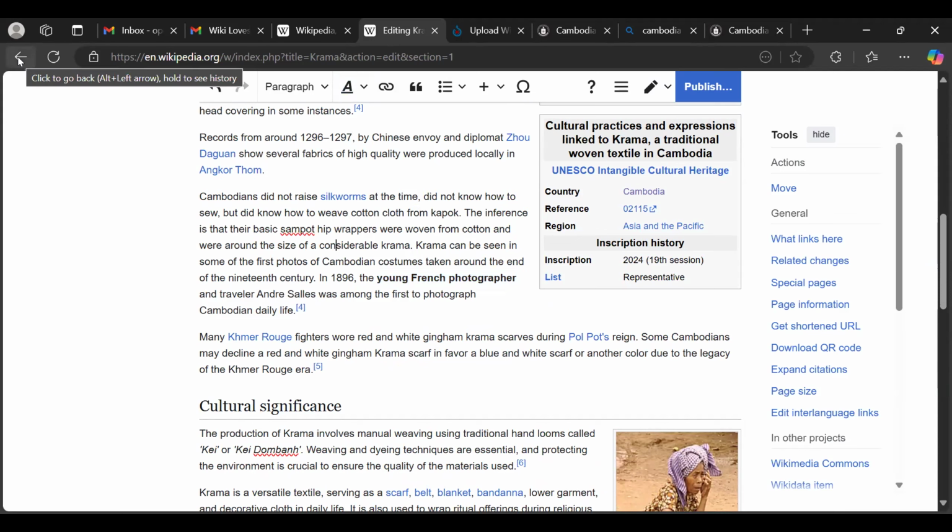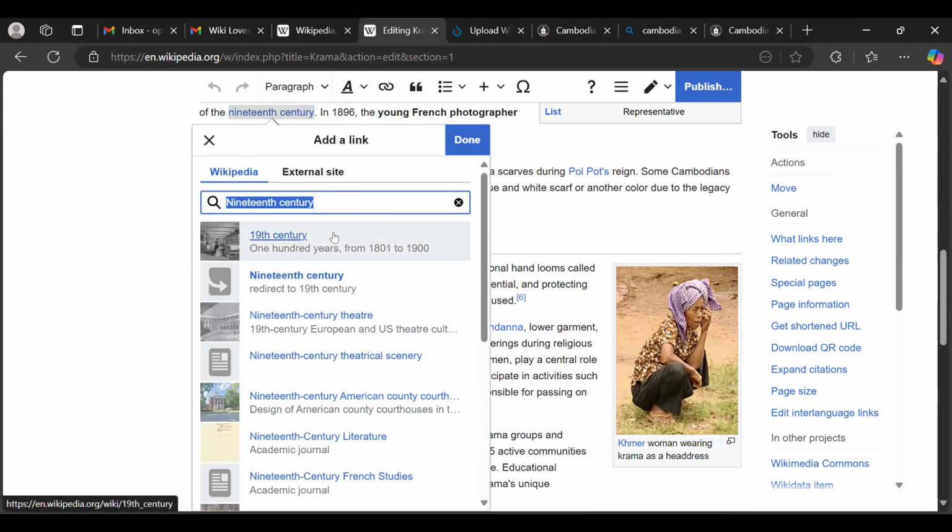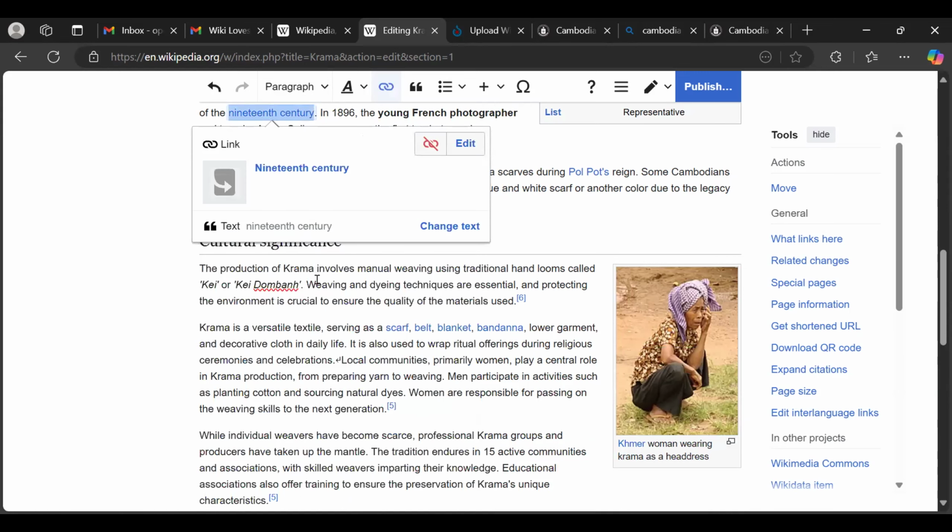So identify things that, or they are even, so also here, 19th century, it could be an existing article on English Wikipedia. Let's see, 19th century. Yes, this is it. So I can simply link it. So there are so many things to do. That's why I say Wikipedia is a work in progress. Even though this article is written and is standard, we still want to add more things, like interlinks inside the article, bolding, italicizing, adding more references, even images. If you took an image that is related to this topic, you can also add it.